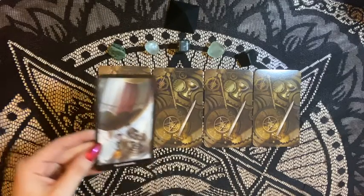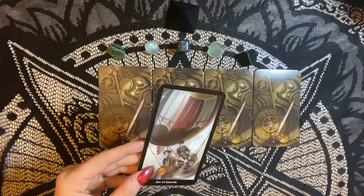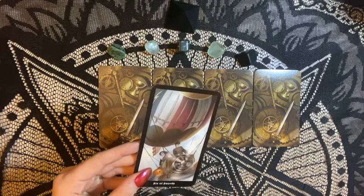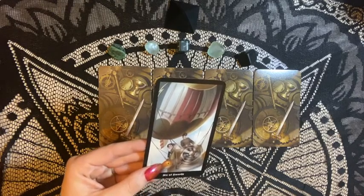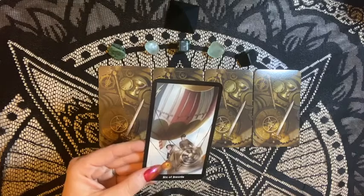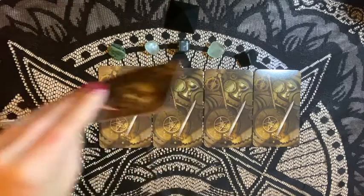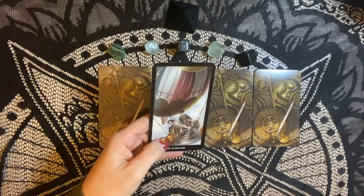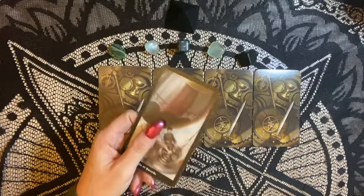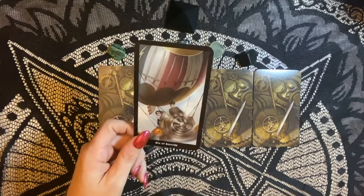6 of Swords, 6 of Swords. So lots of transition happening for you guys right now. Possibly lots of movement, lots of changing your mind, a little bit of uncertainty. I can just hear the airplane motor going through my head. It's like you've been flying around in the clouds doing a lot of transitioning and moving. And when it just said in the clouds, it's literally like,